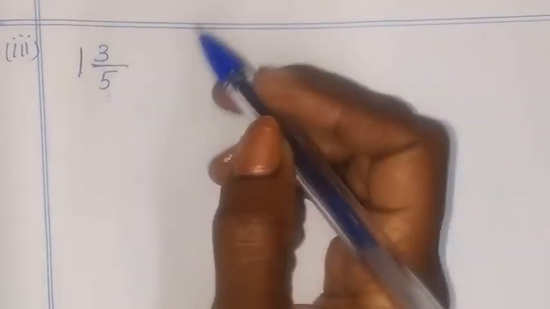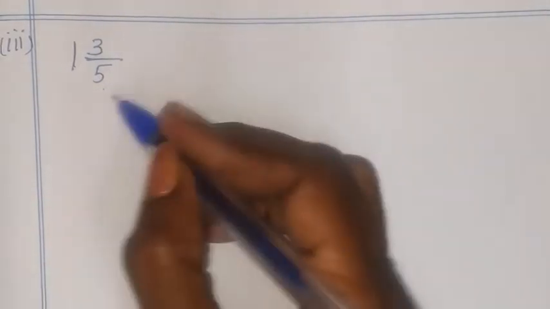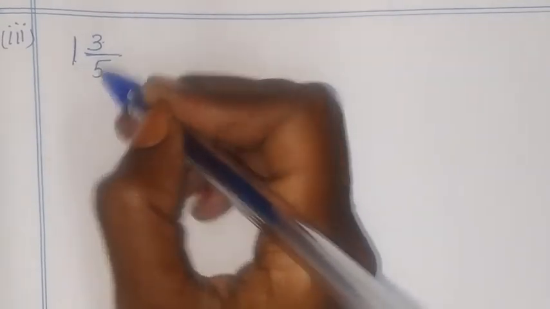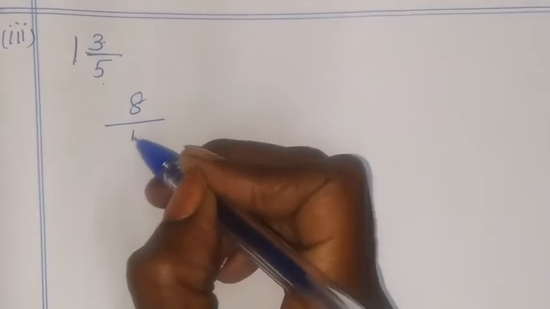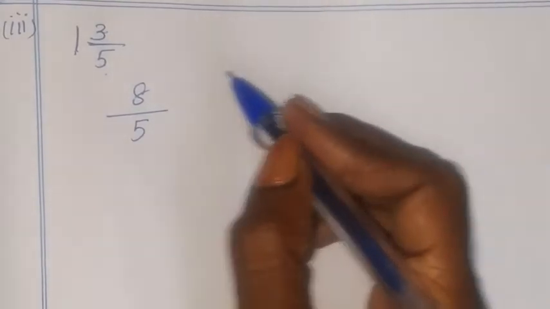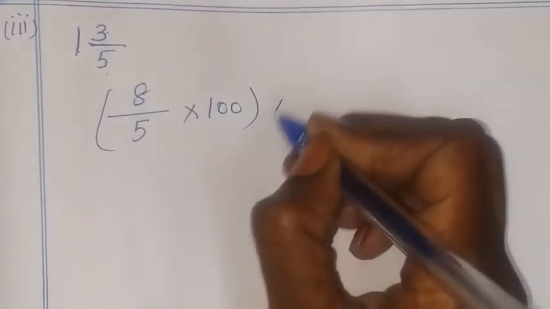See, now the given fraction is a mixed fraction. First we have to convert it into an improper fraction, and then only we can convert into percentage. To convert from a mixed fraction to an improper fraction, you have to multiply this and this, and then add with the numerator and write it in the numerator. That is 1 5s are 5 plus 3 is 8. The denominator we write in the denominator. That's all. So now it was converted into an improper fraction. To convert into percentage, you have to just multiply by 100 and write that much percentage.